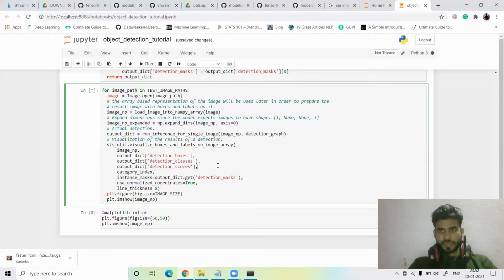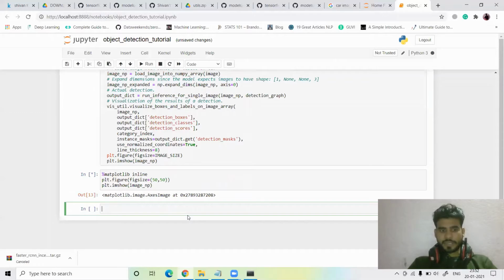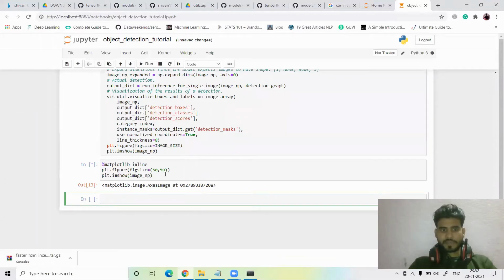Okay, so hope now it's working. Just wait. Yeah, now it's working. If your images are not showing, just run this thing. Now it's working. See, our images are now running. Just a few seconds.